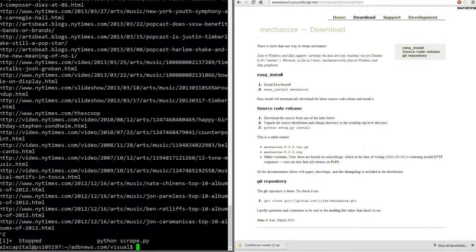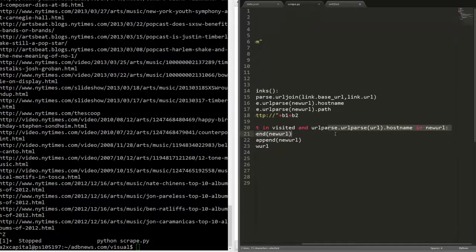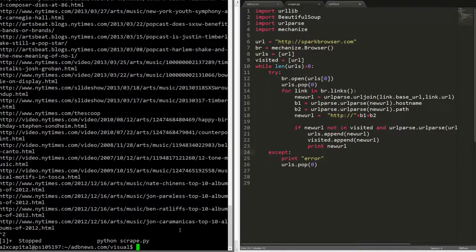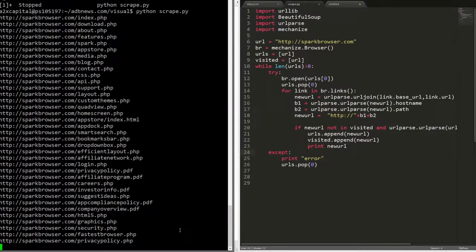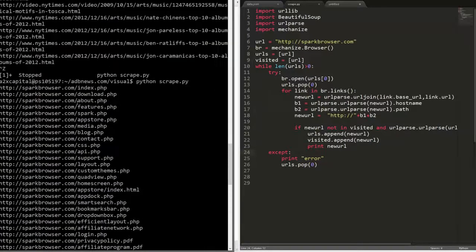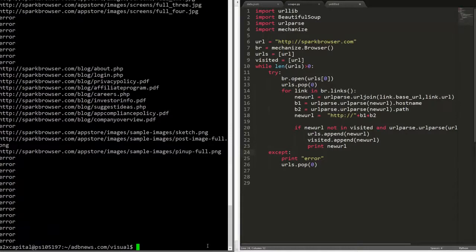So it's giving us the problem where it's going out to a URL. Oh, this is for New York Times. So I'll just do it for Spark Browser again because that one worked well. Sparkbrowser.com. Yeah, so I'll save this, and then I'll tell FileZilla that I do want to update. Run it again. Excellent. So these are all the links that I found for Spark Browser,